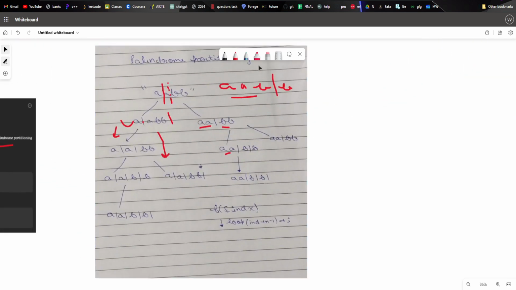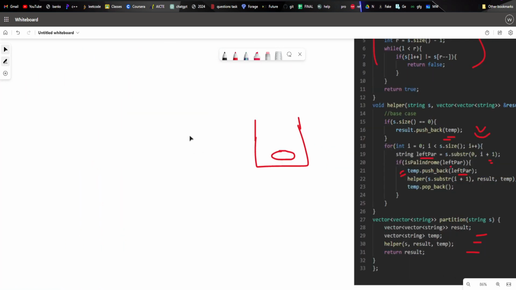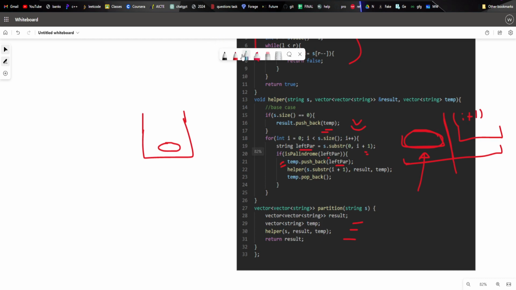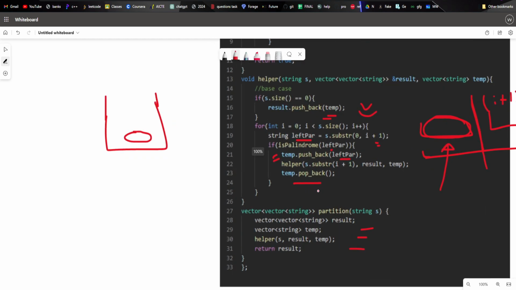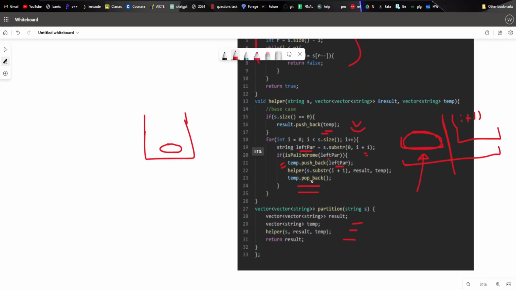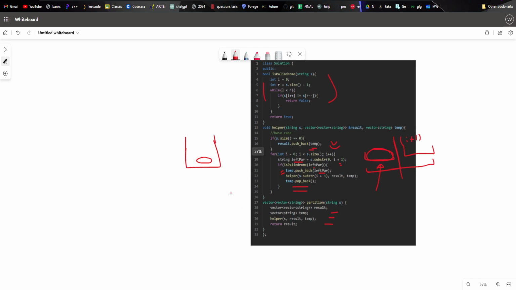Here, what I am doing is I partition it and check if it is a palindrome. If it is a palindrome, I am going to do three steps: I add it, I call the next function, and at the end I pop it, because it is a backtracking thing that we do in this type of question. If we don't do it, the code will just not run. Okay, simple as that. So this is the whole process of how we are going to solve this question.